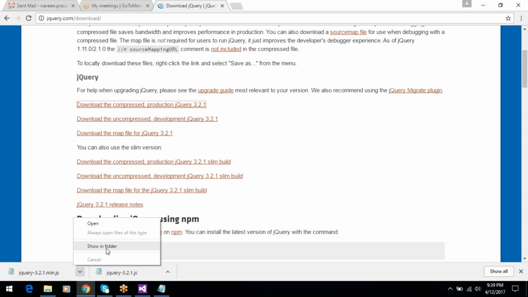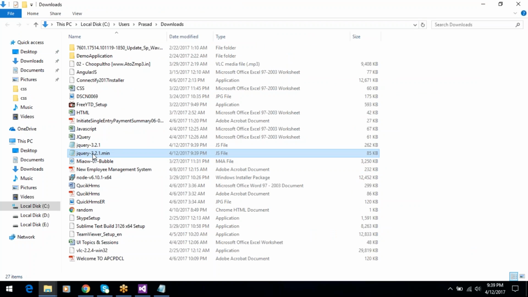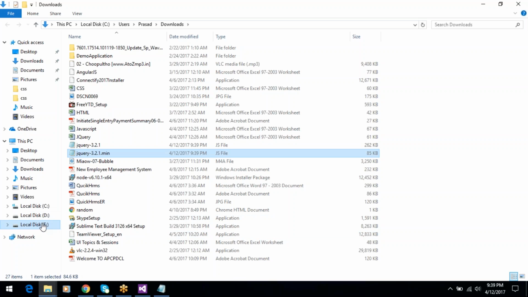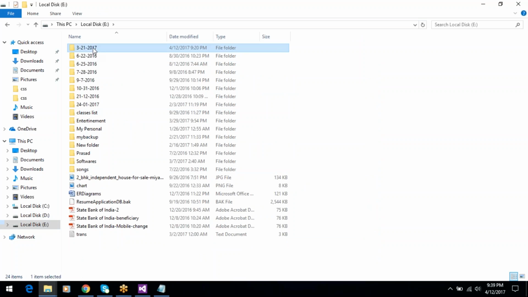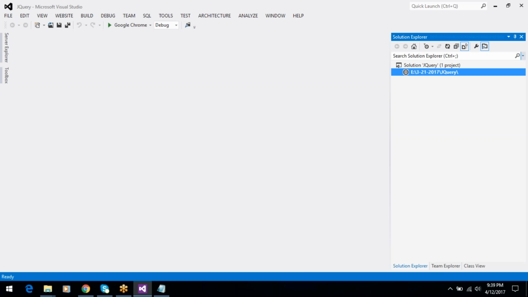So go to the downloads folder, copy this file, go to your project folder and paste it here. Now in your project folder the jQuery library is available, the jQuery 3.2.1.min.js file. If you open this file,